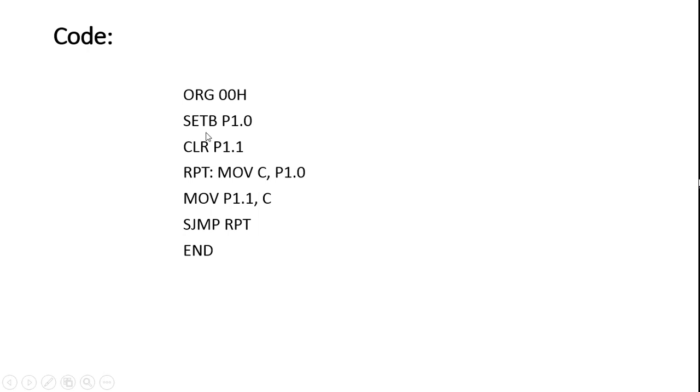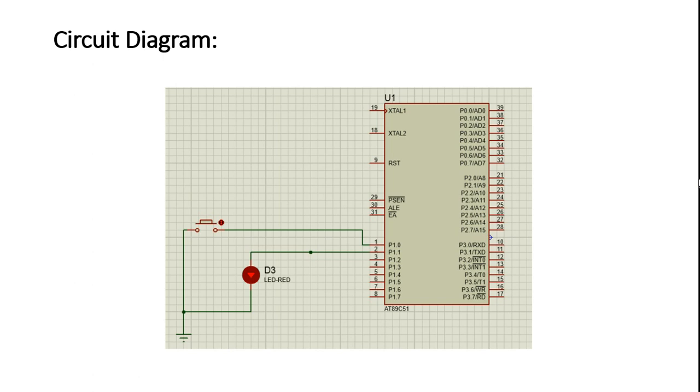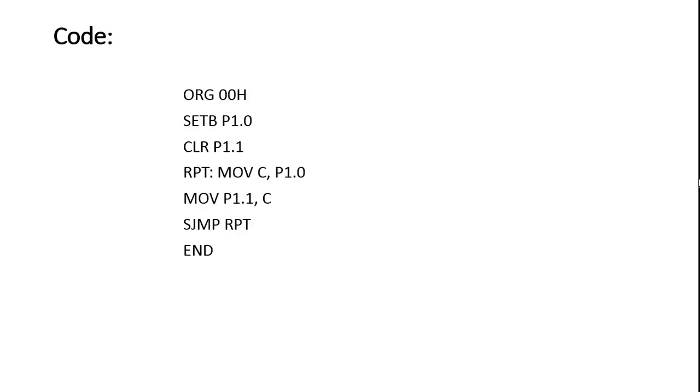So with SETB P1.0, we made it an input port, which you can see here. So you would have studied in theory as well, when you want to configure a port as an input port, you send all ones to the port, and if you want to configure that port as an output port, you send all zeros to that port.